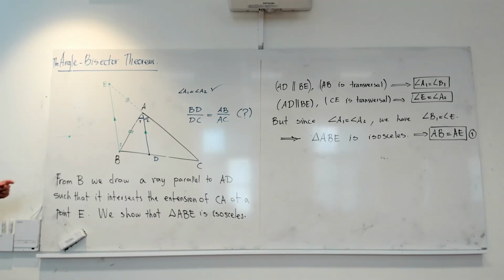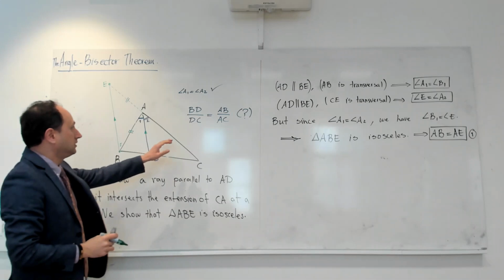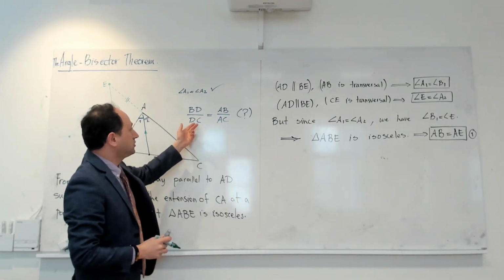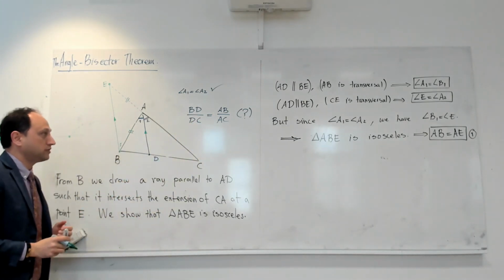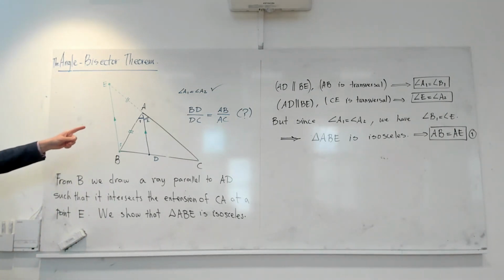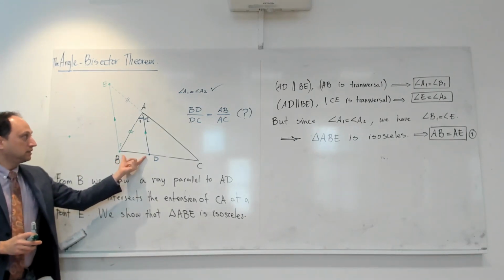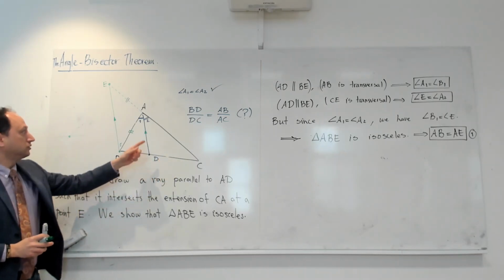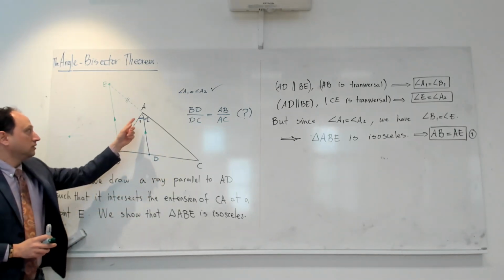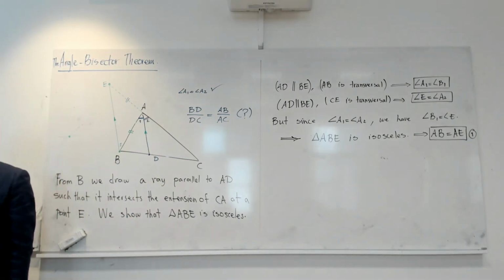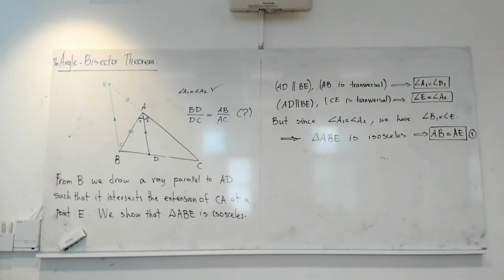Okay, but I hope that you haven't lost the logic. We want to show something about the ratio of the fractions, but how do you think this will help me to finally prove the validity of the question mark? So look, we want to have BD divided by DC. We want to prove that this is equal to AB over AC. Yes? I think we can, because AB is equal to AE, we can just forget about AB and